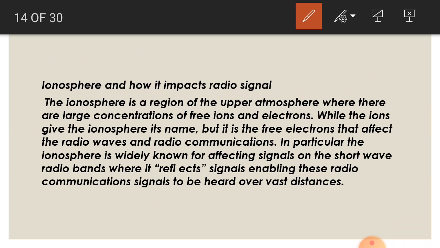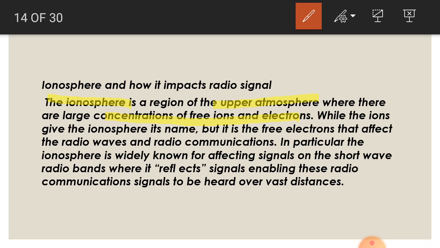Ionosphere is a region of the upper atmosphere. So first of all, ionosphere where? In the upper atmosphere, where there is a large concentration of free ions and electrons. While the ions give the ionosphere its name, it is the free electrons that affect the radio waves and radio communication. So there is a free movement of electrons, and because of these free electrons, they affect radio waves